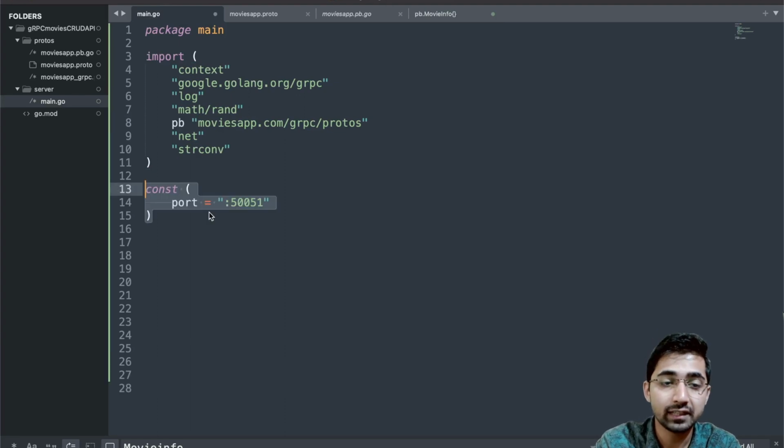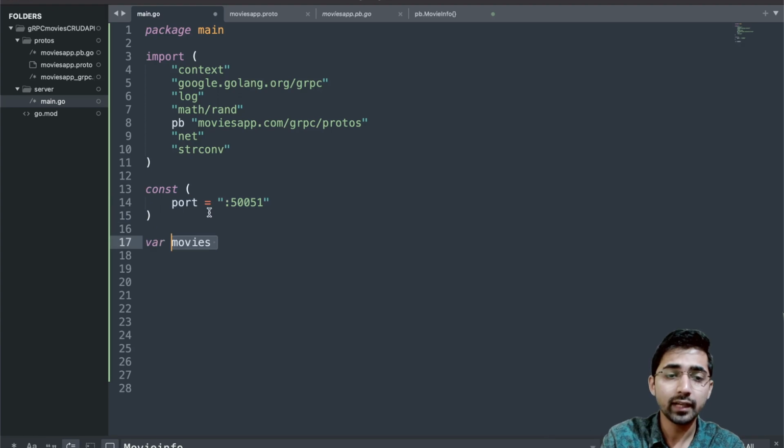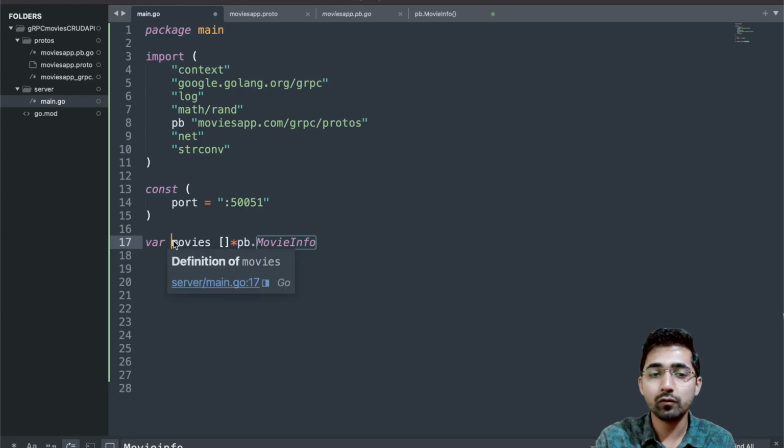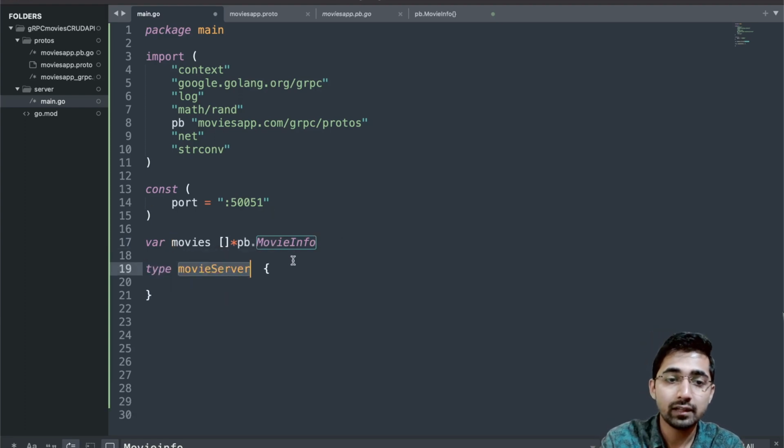First we will declare a constant, a port where our server will be running. Then, we are not using any database here; we are using slices of Golang. Slices are a combinational structure in Golang. Here this is a slice of this struct, pb.MovieInfo. Star means address. This slice will store multiple movie objects. After that we will be declaring